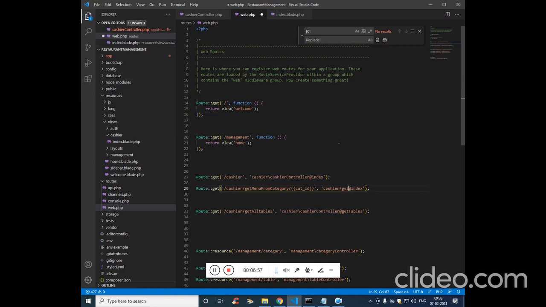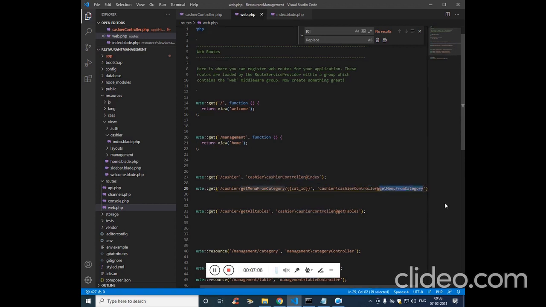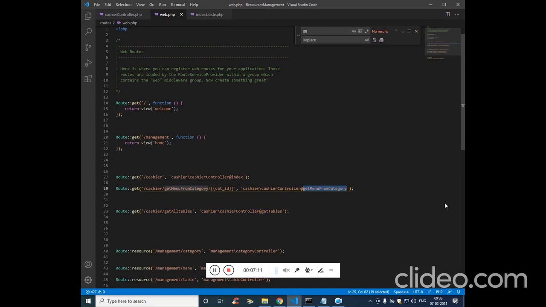Get will use the same URL get, and here it is going to be, sorry, the controller, here it is the controller and the function is the same, control B. So this is the function which is going to handle